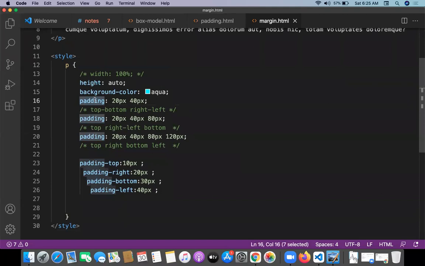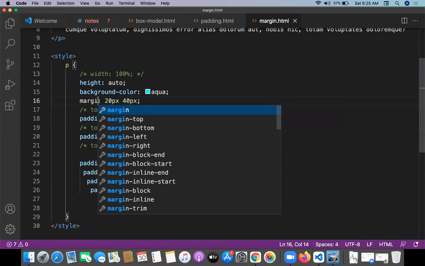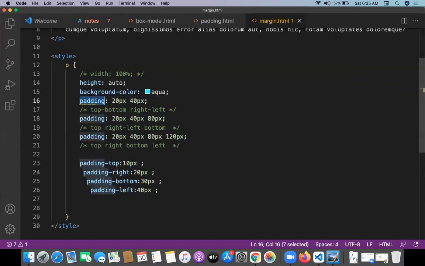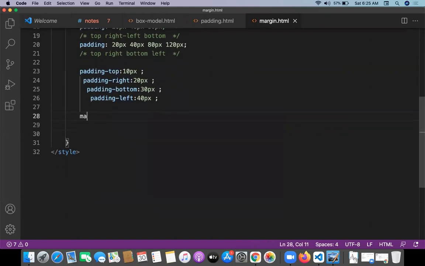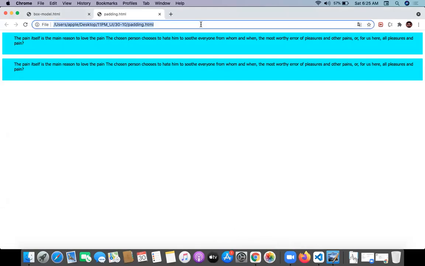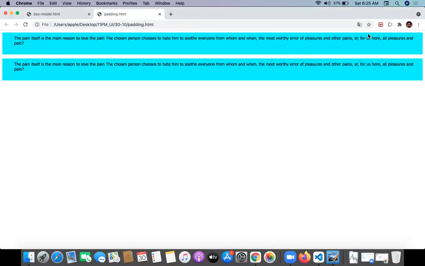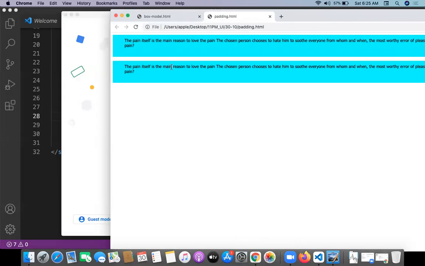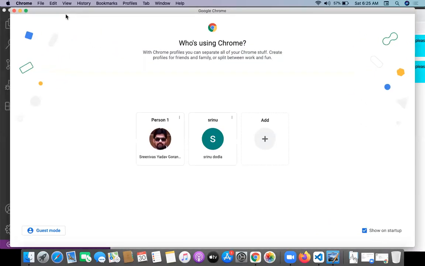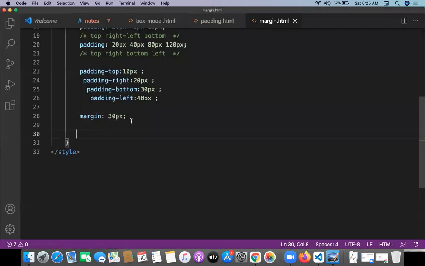This time I'm just replacing padding with margin. So leave the padding as this. I'm trying to allocate the margin now. Margin all sides I'm giving 30 pixel, so 30 pixel is going to be allocated on all sides for you guys.